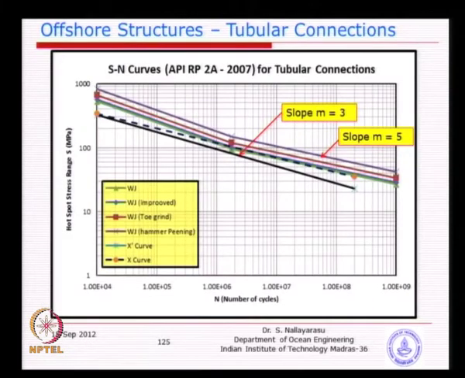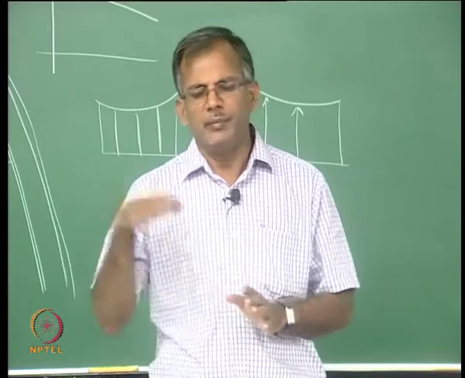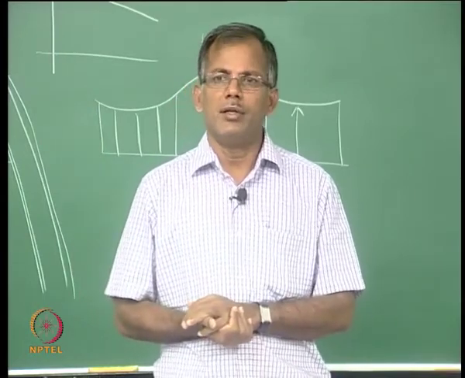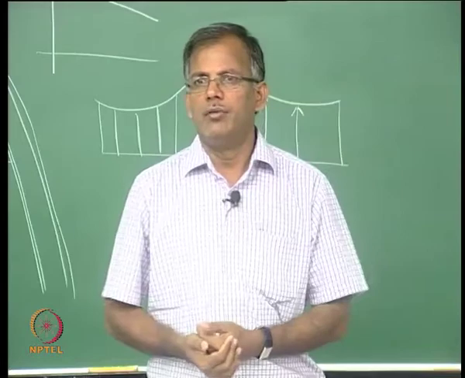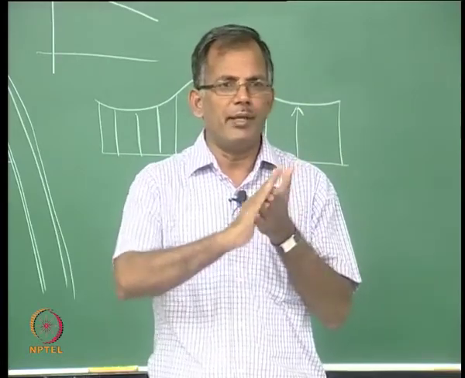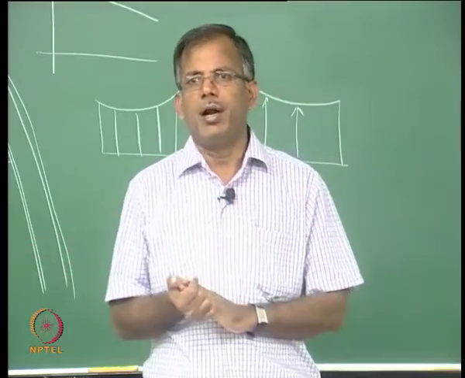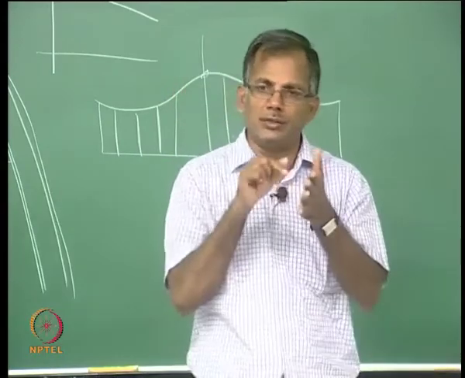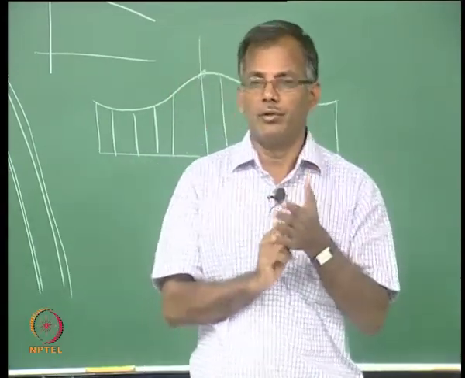If you see the comparison between all of these, just to get an idea of what is happening: this pink color is the improved hammer peening, which means you hammer on the weld. I think we did discuss, or maybe we will discuss, these improvement techniques later on. Basically, to improve the welded joint, we try to remove the rough material, profile it, and a lot of activities can be performed on the weld so that the stress concentration can be brought down. That is the idea.